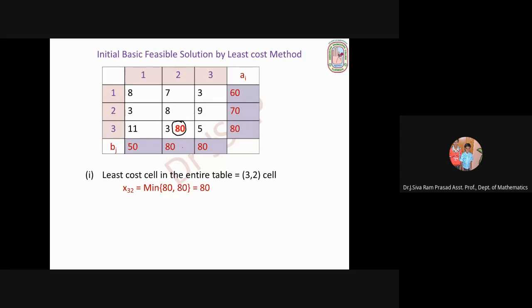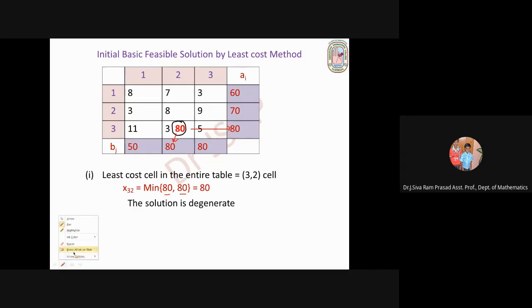So here observe, both are same, available amount and required amount, both are same. So in this case we get degenerate solution. So the solution is degenerate. Since the corresponding available amount and corresponding required amount both are same, in this case we get degenerate solution. How do you resolve this degeneracy?